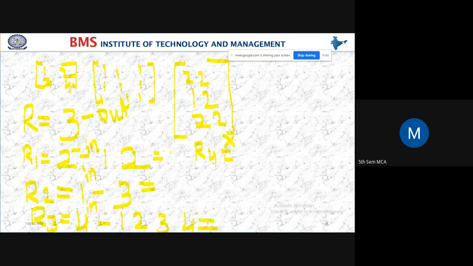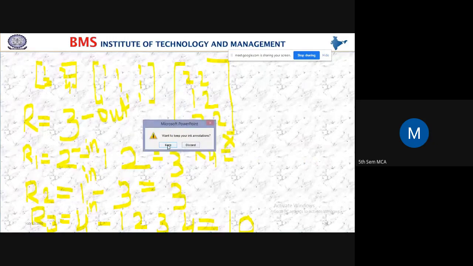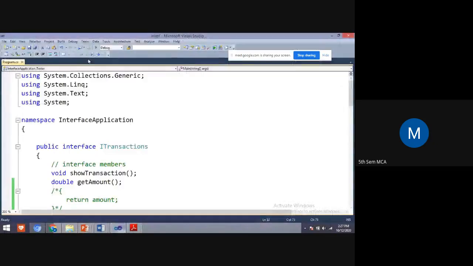The sum of the first row is 3, the sum of the second row is 3, and the sum of the third row is 10. Yes, 10. So this is how the jagged array works.